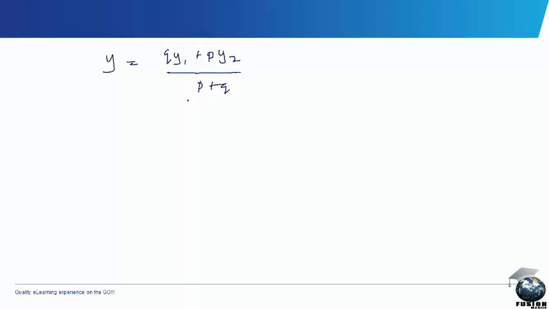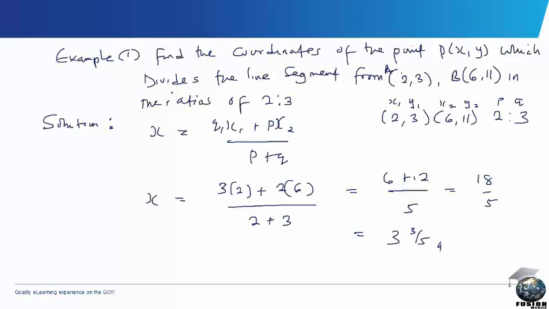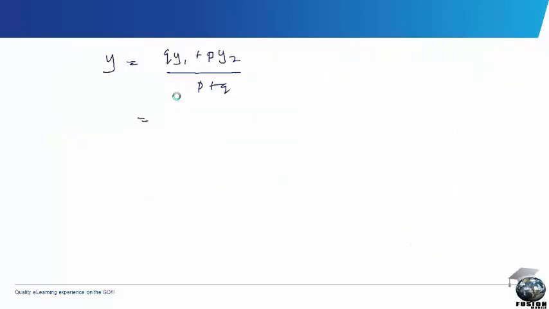Okay, and so we go back to our equation. Here we have that y1 is 3, y2 is 11, and p:q is 2:3. Alright, so we have q to be equal to 3, and then p equal to 2,